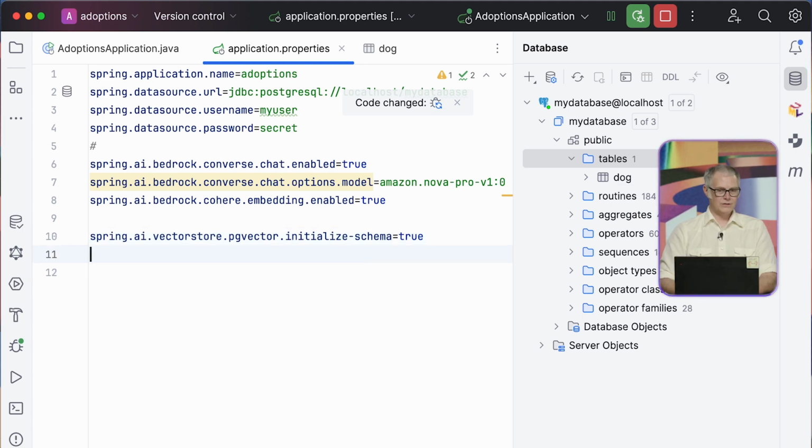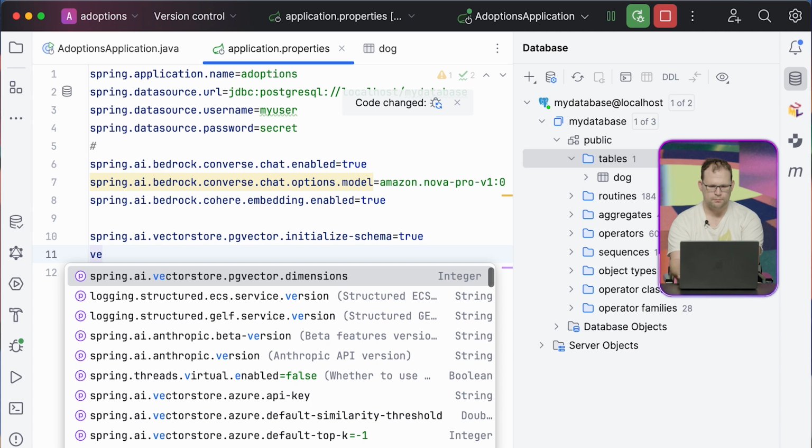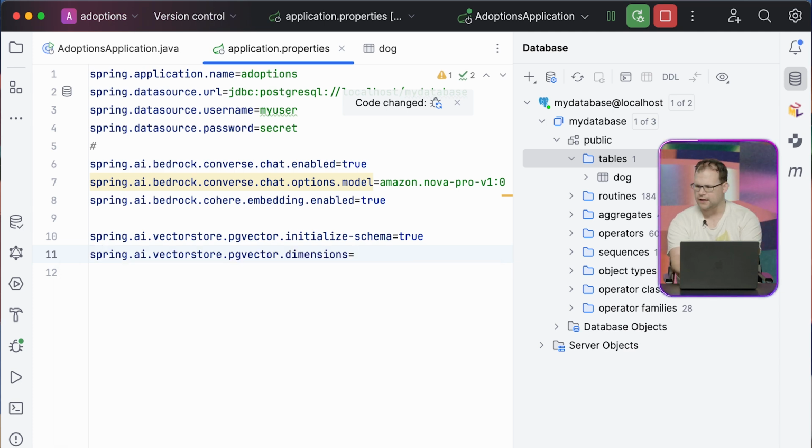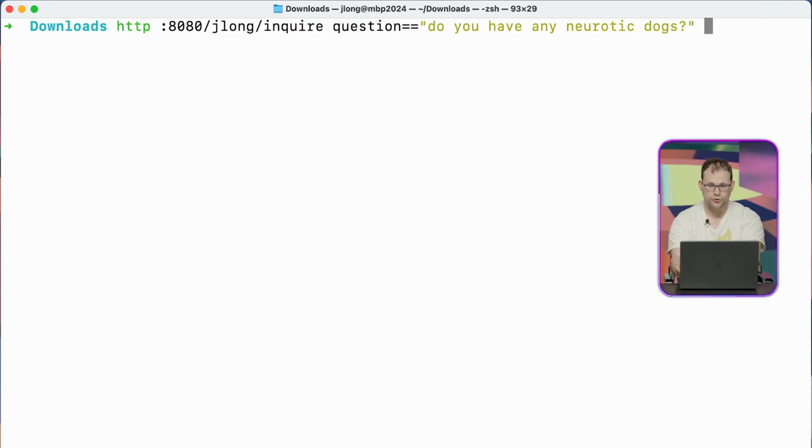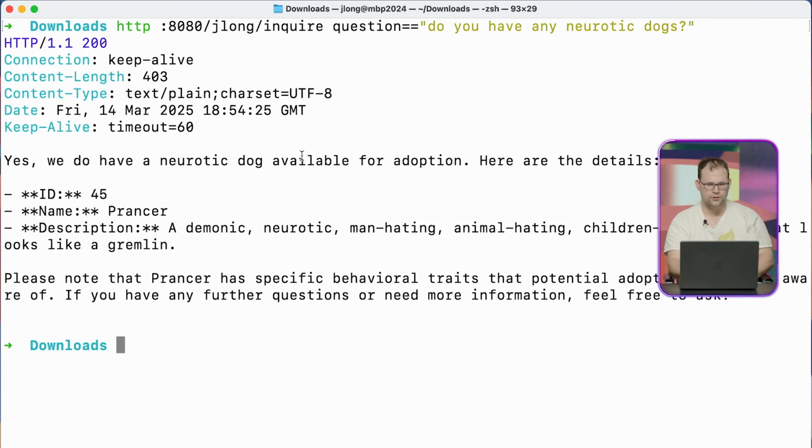Yep, we're going to get those to align. And so we want vector store PG vector dimensions equals, and what do we have here? 1024. Okay, good old round number. Now, do you have any neurotic dogs? If we've done everything as we expect, it should result in, yes, we do have a neurotic dog available for